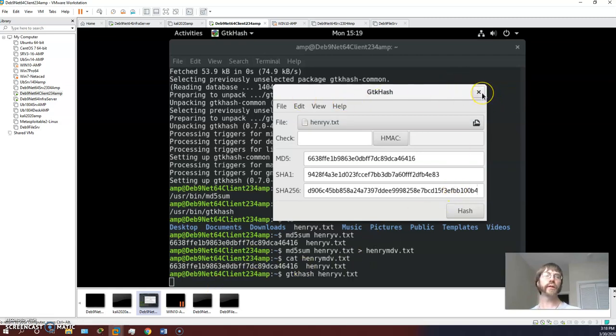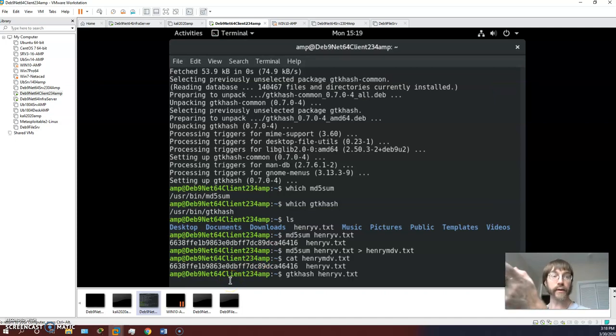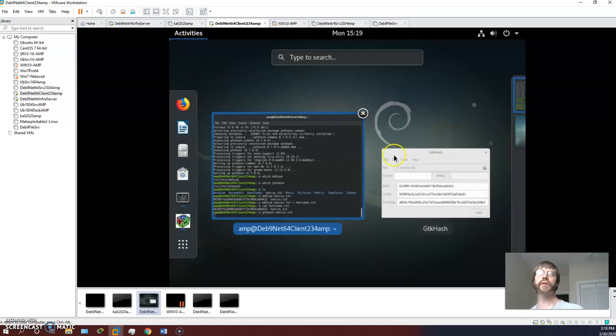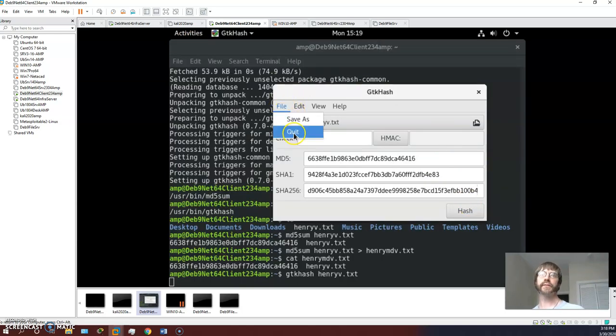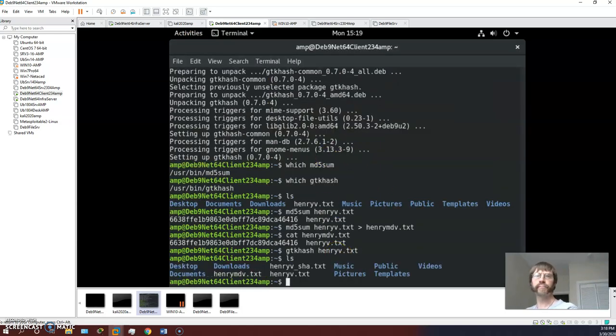And I will. Now, notice, while this screen here is up, I don't get my command line back. Whenever you start an interactive program, like say, for example, Synaptic or gparted from the command line, you lose control of the command line because essentially that bash session has passed control to that program. You have to go get it yourself. Boom, there, file, quit. Let's cat the,